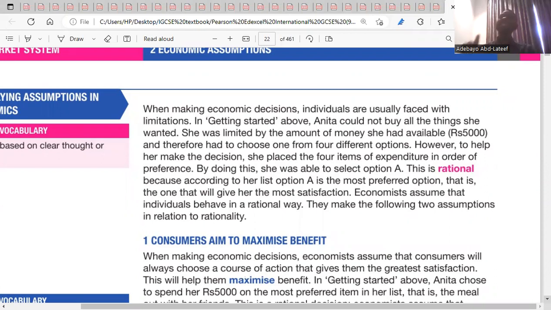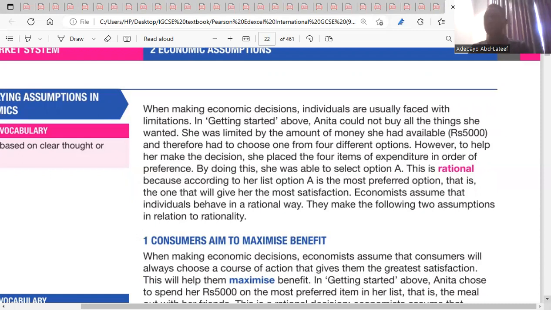So if at the end of it you buy a product or you're given a service that you are unhappy about, that means you have taken an irrational decision. Okay. So for consumers to make a choice, they said consumers aim to maximize benefits. Whenever you want to buy as a consumer, you are buying because you feel there's benefit in consuming such products. So if I'm buying a phone, I'm buying that phone because of the potential benefit I'm going to enjoy using